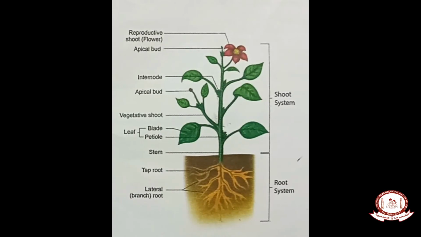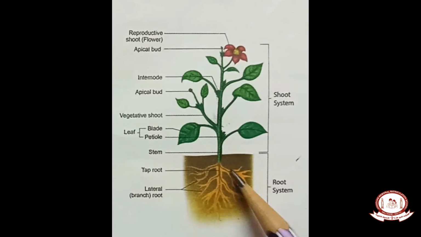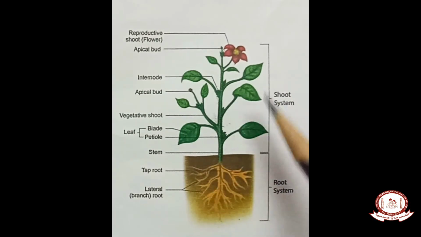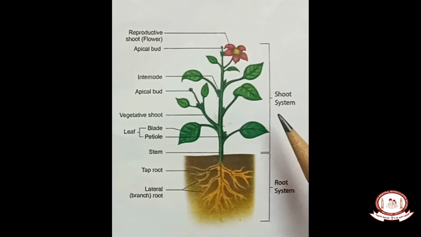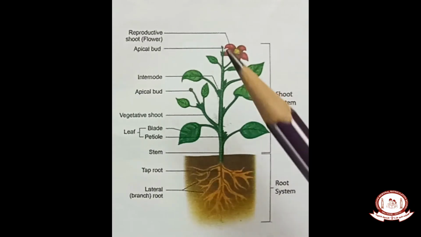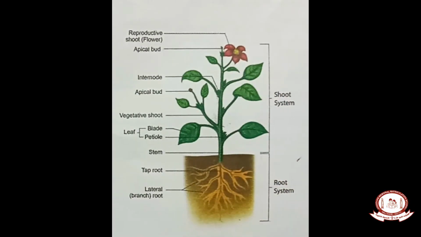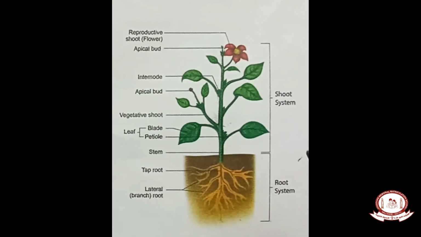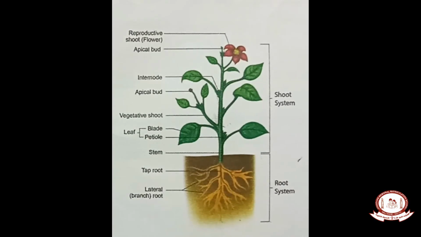Today's homework is, please draw the diagram of the parts of your plant and send it to me. Draw neatly, label the parts very neatly. All the parts should come at one side, only the right hand side, and you label the parts neatly, draw the diagram neatly and send it to me. That is the homework for today. The remaining we will see in the next class.